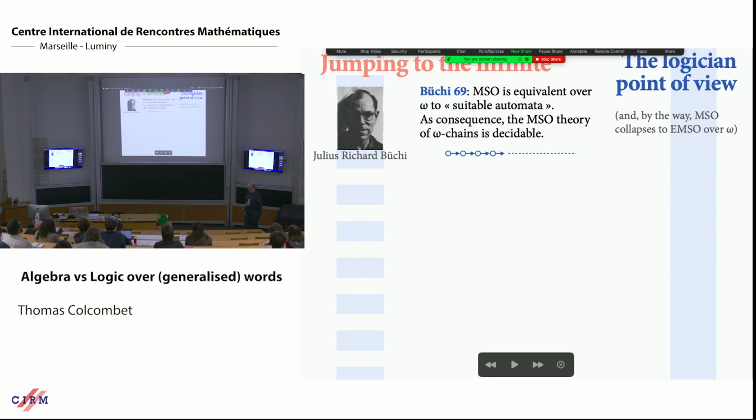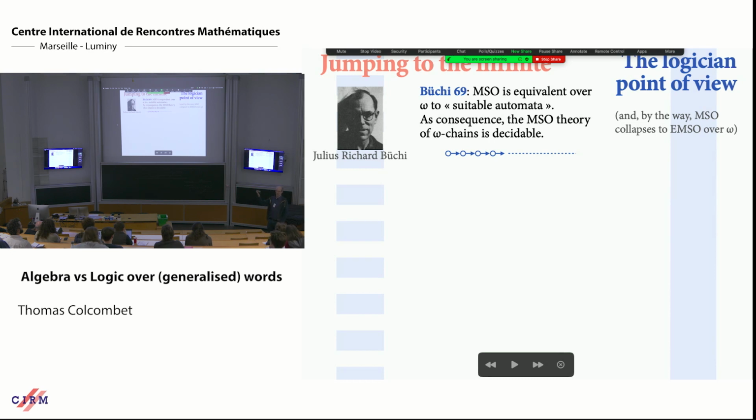Okay, but now, for a logician, being finite is something not funny at all. I guess it comes from the origin of the topic. So the real insight is when you go to infinite, and this is this result of Büchi, which says that monadic second order logic is equivalent over generalized words of length omega to some suitable form of automata. And it is a non-trivial result. And it has consequences. All the things I'm describing are effective, so it has consequences of decidability.